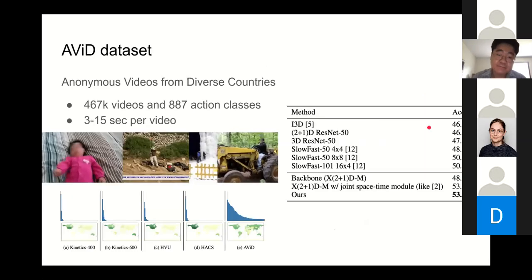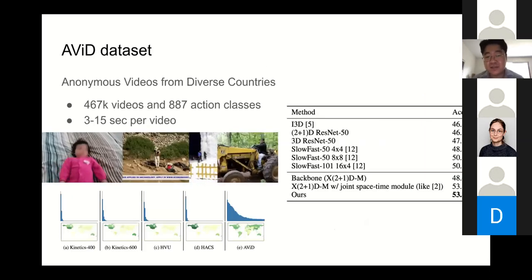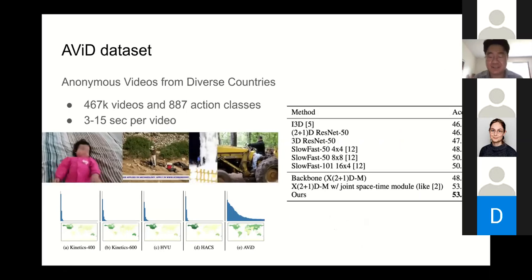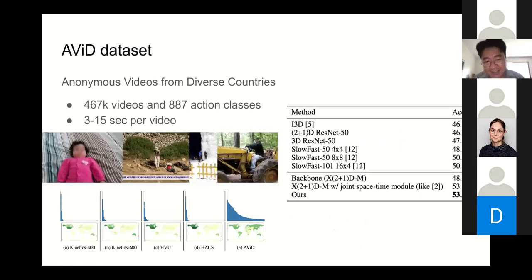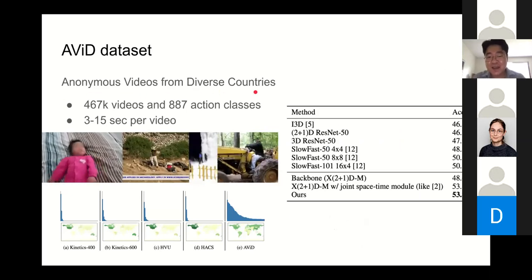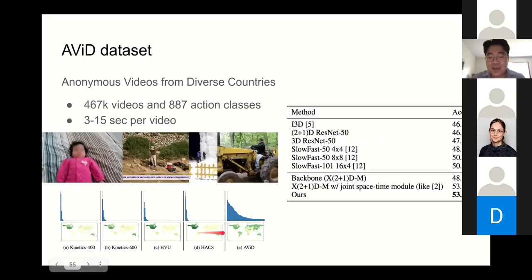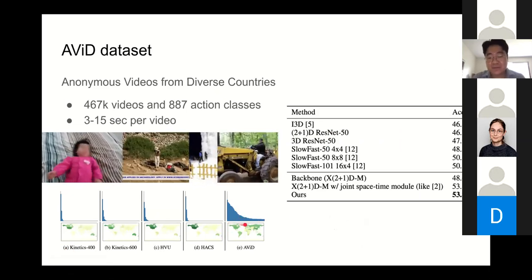We also applied this on the new AViD dataset. If you have not heard about it, it's one of the datasets we released, not very recently, it's already like December last year at NeurIPS. And this is called anonymized videos from diverse countries. So unlike many of the existing datasets, we try to balance where, geographically, the data is really coming from.